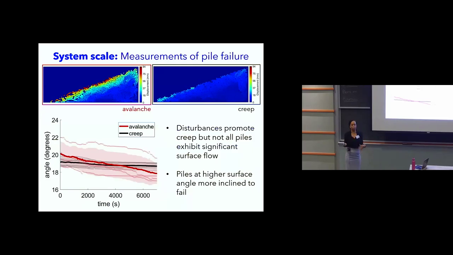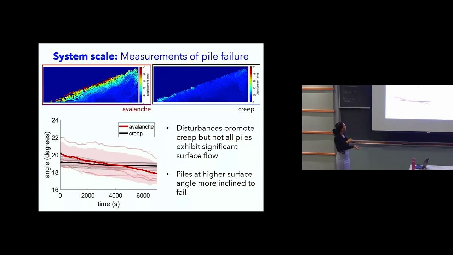So we form the pile by allowing grains to flow through our hopper to form the ultimate pile at a critical angle. But there's a slight variation in that angle from one run to the next, right? No granular pile is exactly like the next. And we find that when granular piles happen to form initially at a steeper angle, they are more likely to exhibit an avalanche. That's what I'm showing here in our data.